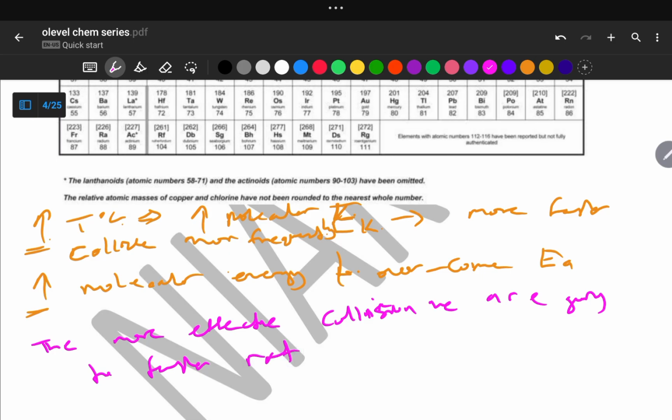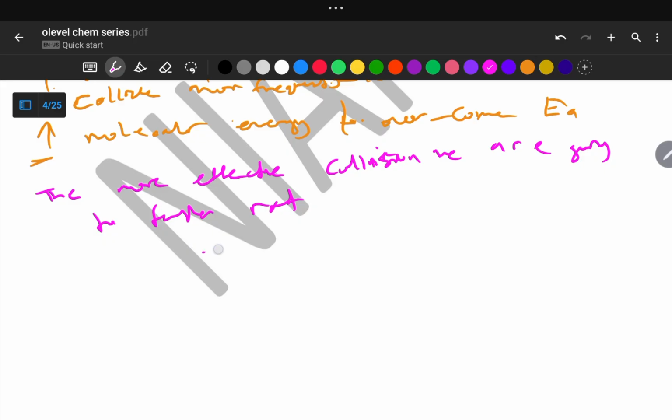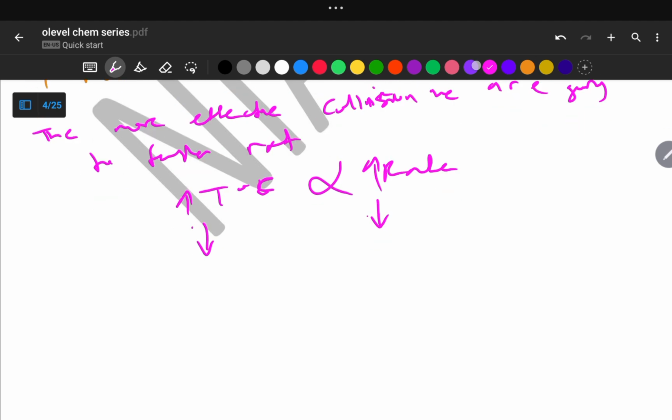So in other words, we're saying that temperature is directly proportional to the rate. If I have an increase in temperature, you're going to have an increase in the rate. If you have a decrement in the temperature, you're also going to have a decrement in the rate of the reaction, right? And also we want to explain this using the reaction between